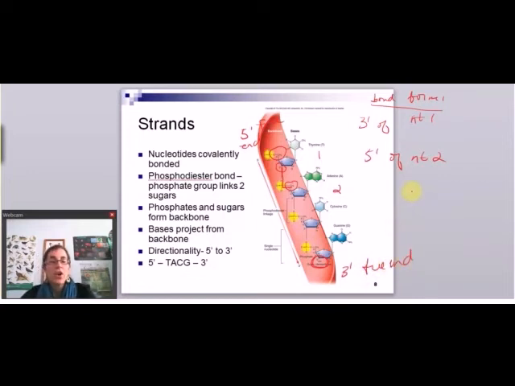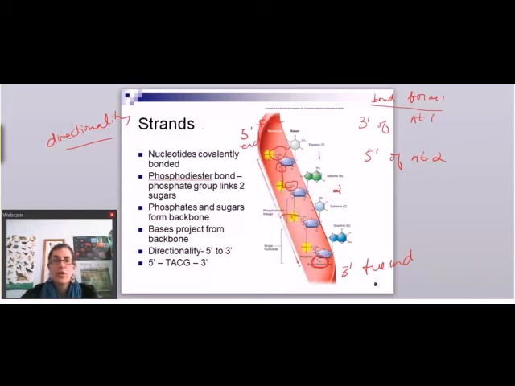So DNA and RNA molecules always have directionality. One side of the molecule is the 5' end, the other side is the 3' end. And you need to always know which end you're talking about because the molecule is flippable. So let me get out of pen mode here. Not letting me get out of pen mode.